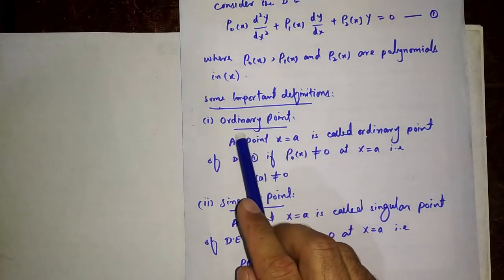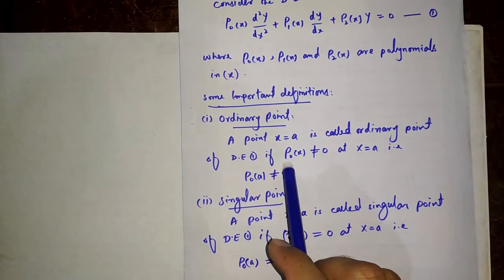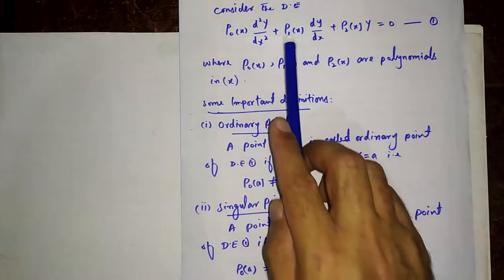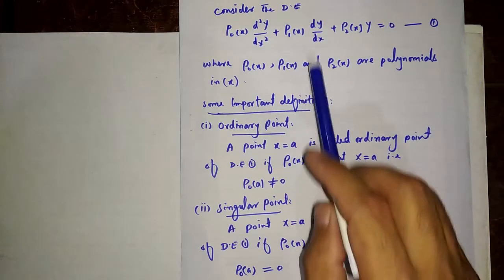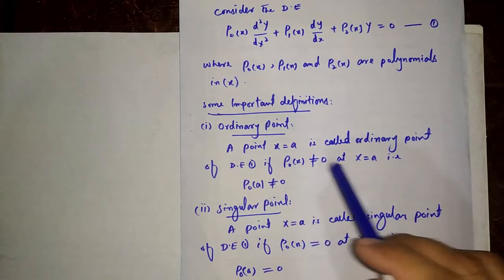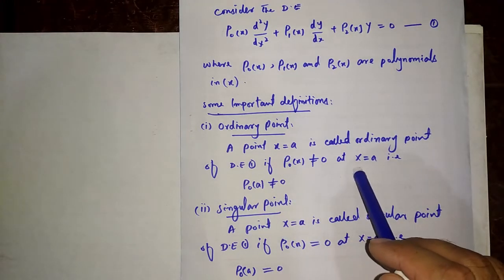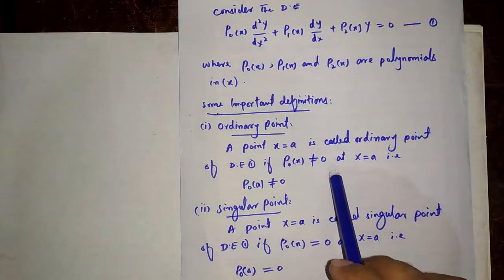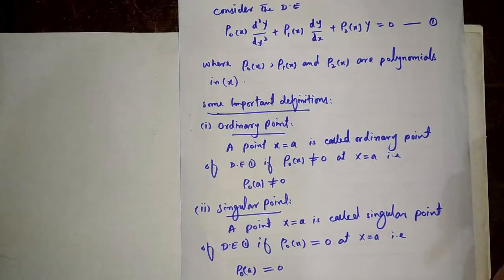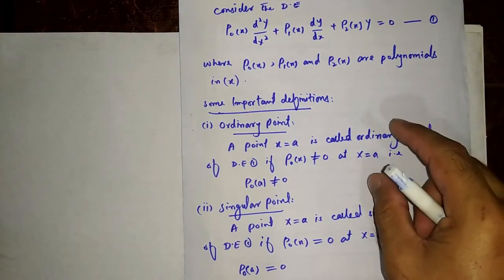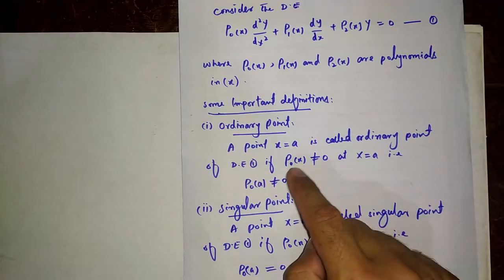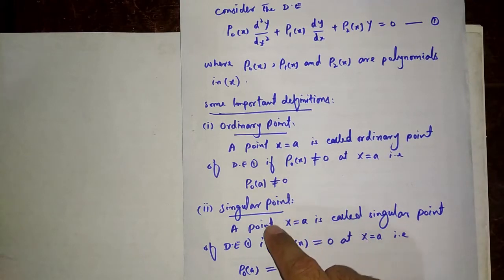We discussed an ordinary point: if at a point x equals a, in the differential equation, p naught of x doesn't equal 0, then x equals a is called an ordinary point. However, if at this point p naught of x is equal to 0, then that point is called a singular point. So in yesterday's lecture we solved a differential equation about the ordinary point, and now we are going to